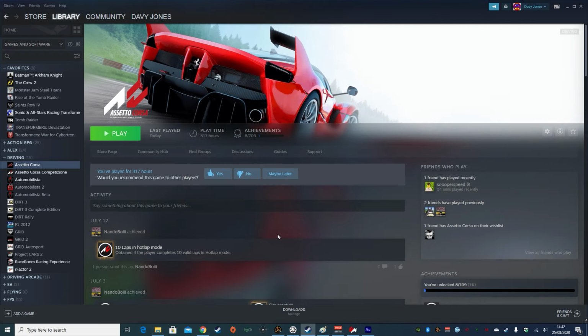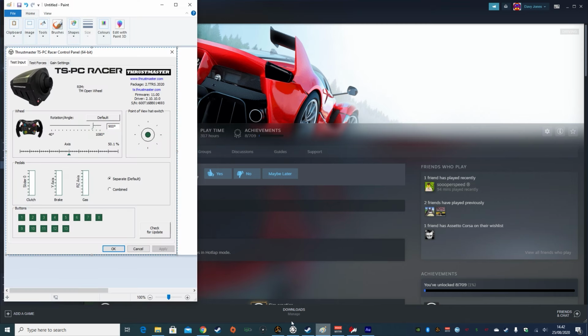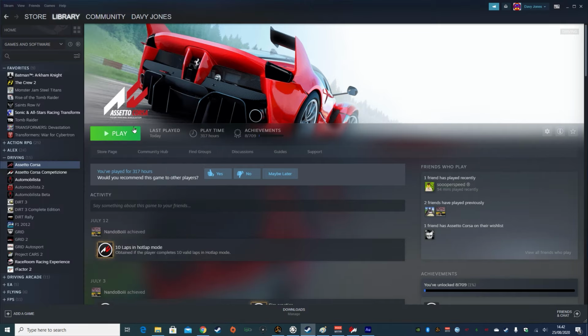So we've connected our wheel. Now I have a screenshot here of the control panel because I don't want to open the control panel for my wheel in Windows once the game is running. That might cause an issue. So here I have my wheel set up with the defaults, and my wheel rotation degrees is 900. So we'll start the game